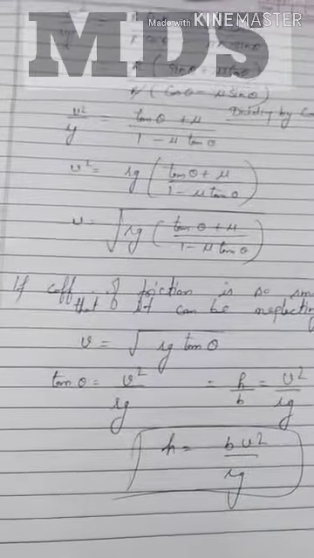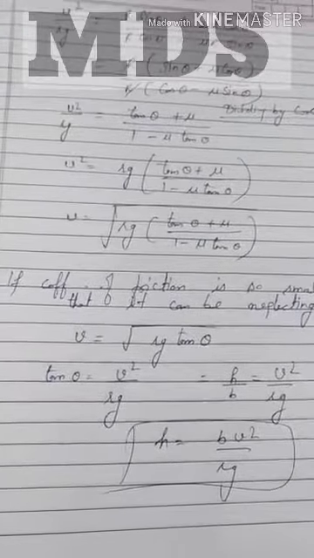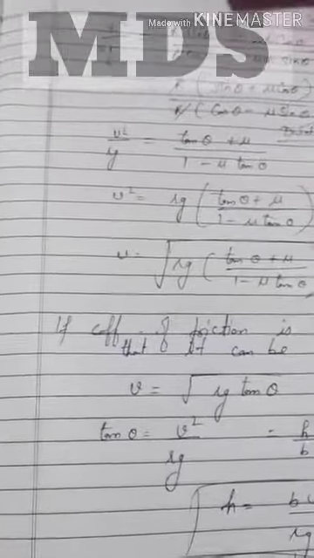Up to this height, if we bank the road, then it will be safe for the vehicle to travel. Clear now? This is the last topic of this chapter. Now the chapter is completed, so complete your notebook up to this chapter. Next we will start our next chapter in the next class, and try to solve numericals related to this topic. Okay, thank you.